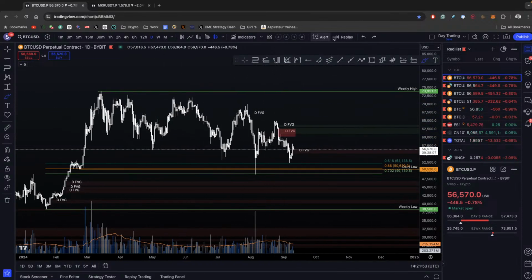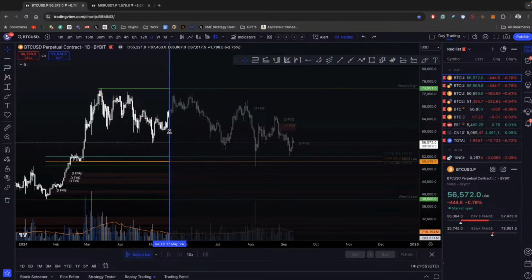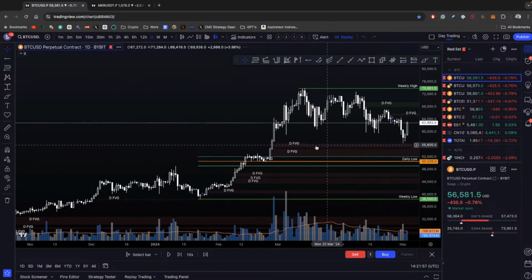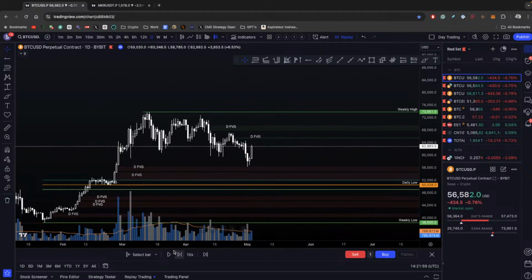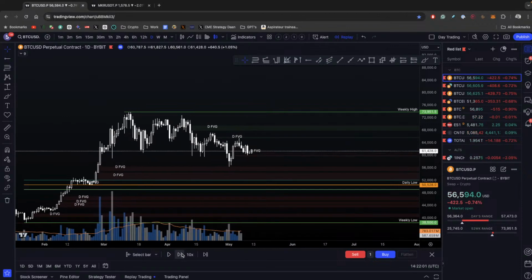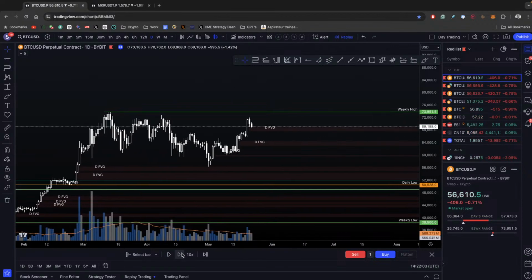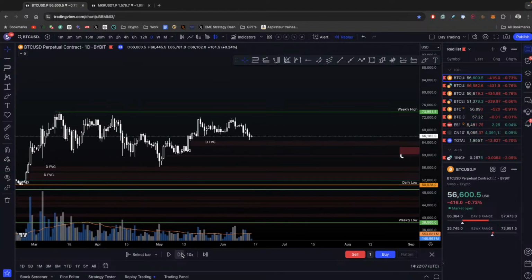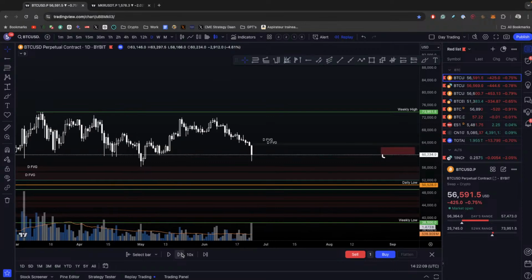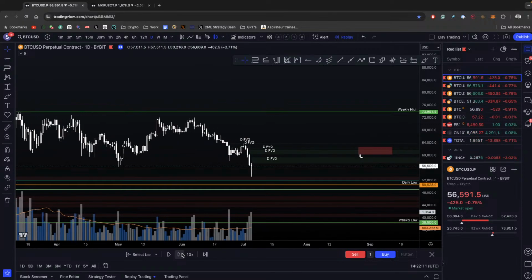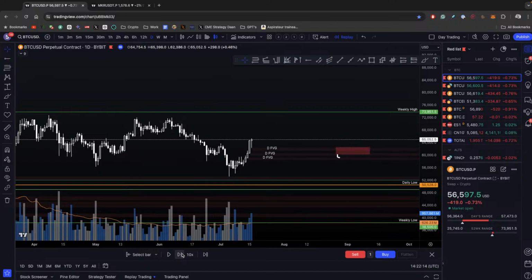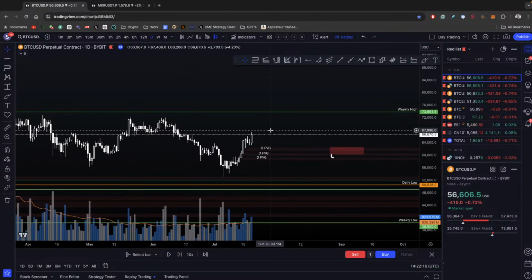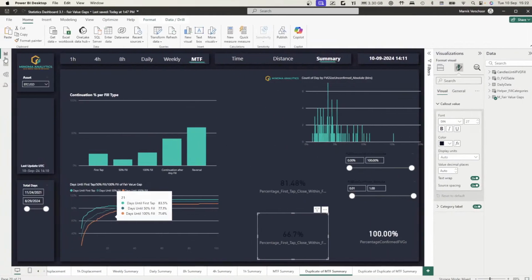Now you don't see the ones that are already filled, but if I go here, fair value gap there. You can see just how well they work as magnets. Fair value gap there, bam, filled. Up, filled, right? You can go on: filled, downside fair value gap, filled, fair value gap upside, filled, fair value gaps to the upside, going to fill. You get the point. They just got filled, and we're going to have statistical power for that.